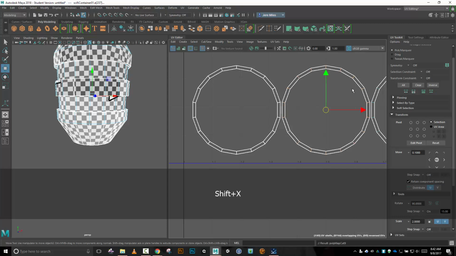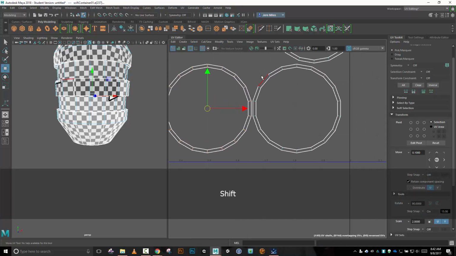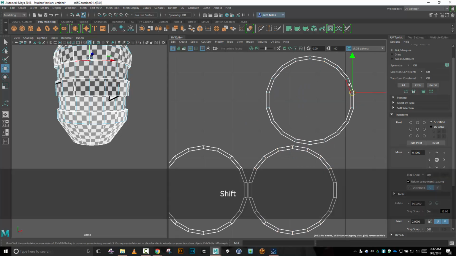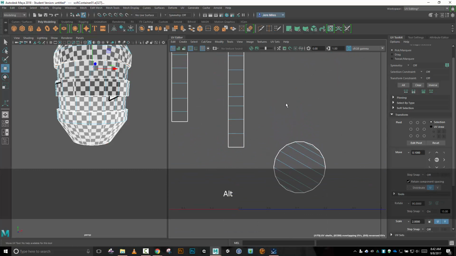That time I did. X. Shift X. Alt middle mouse button. I want this one. Not that one. Not that one. And Shift X. And then up here, I'll do the same thing. I got it. Shift X. All right. So that means I can now come over here and